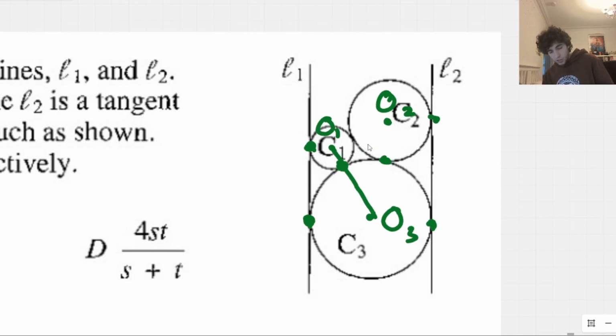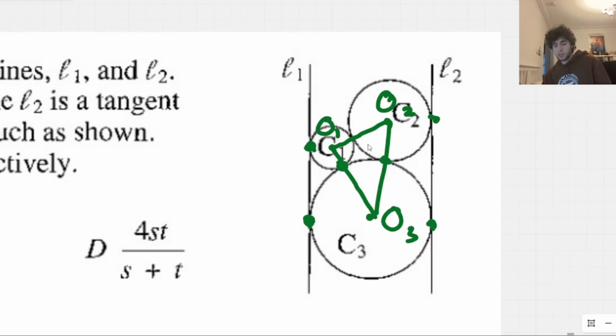And then we also have O2, O3, which by the same reasoning is a straight line, and O1, O2, okay? And we know each of the side lengths of this triangle, because, as I said, we're not losing any information. Did I say that in this one, actually? Maybe that was a previous attempt at this. Effectively, we know that we're not losing any information in terms of distance by choosing, for example, this distance O3,